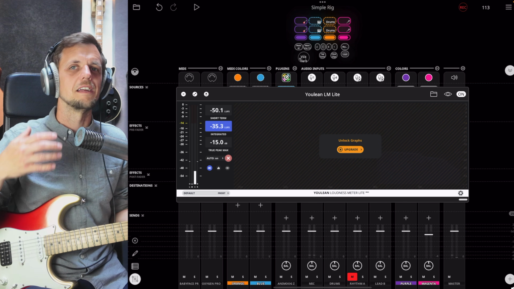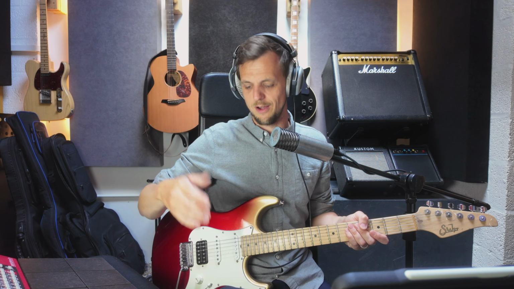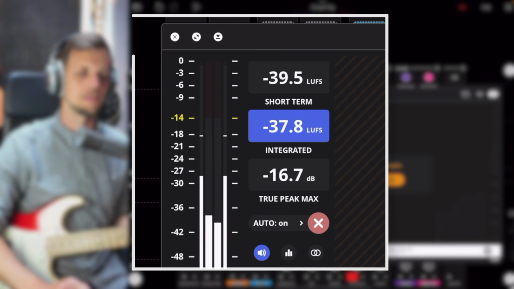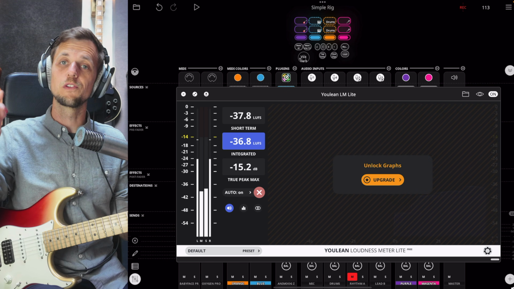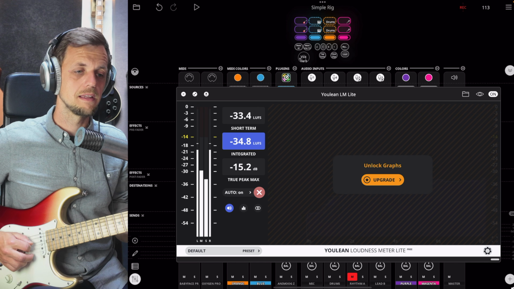So let's take a look at what the guitar looks like using the loudness meter. So let's open the loudness meter. And for the purposes of this video, you're going to hear my microphone as well as my guitar, which isn't ideal, but normally I would just simply be strumming the guitar and mute the microphone, but I'll leave it on for now. So you can press this red X to reset the loudness meter. And I've got Tone Stack Pro going on my electric guitar right now. So when I play,